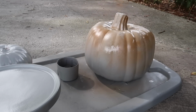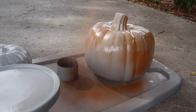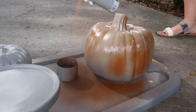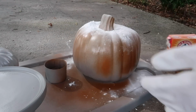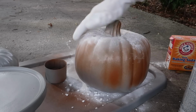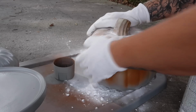The next step I did was I started to spray on the Rust-Oleum warm caramel color, and at this moment, I'm going to be honest, I was like, what the heck am I doing? This looks awful, but it always looks worse before it looks better, don't it? But I went ahead and just decided to go for it. I was like, you know what, let me just pour some baking soda over this and just rub it in and see how it turns out. And it actually started to look pretty good,